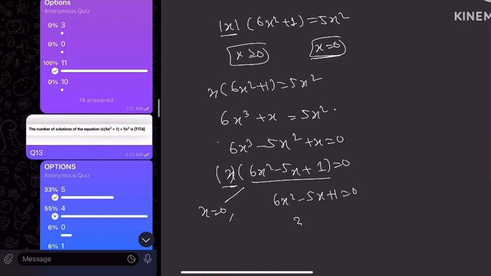From here we'll get 3 and 2. I don't need to solve this; with such practice you can easily do it. You can see that 6 into 1, this will be minus 3 minus 2, then only we'll get plus 6. So 1/3 and 1/2 are the 2 roots. Our condition was x is greater than or equal to 0, so 3 roots we got: 0, 1/3, 1/2. So let us write 3 over here. Checking the second case now.